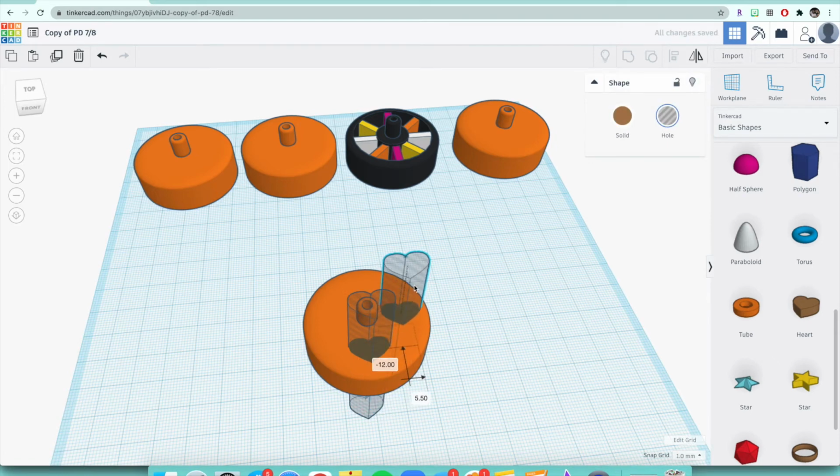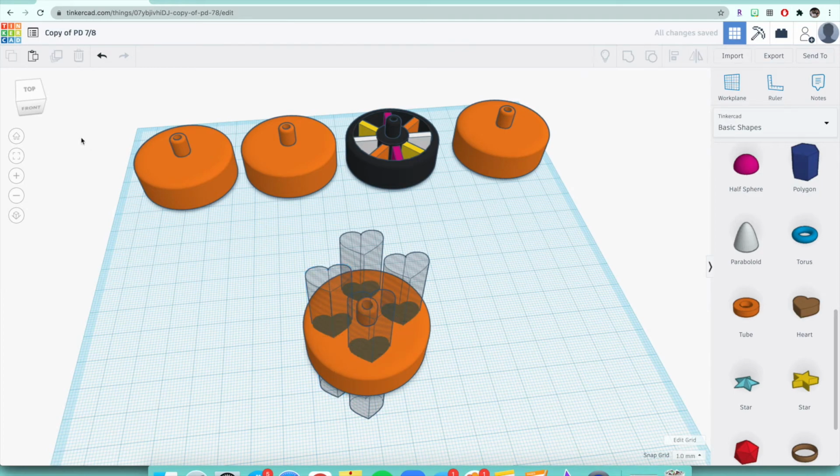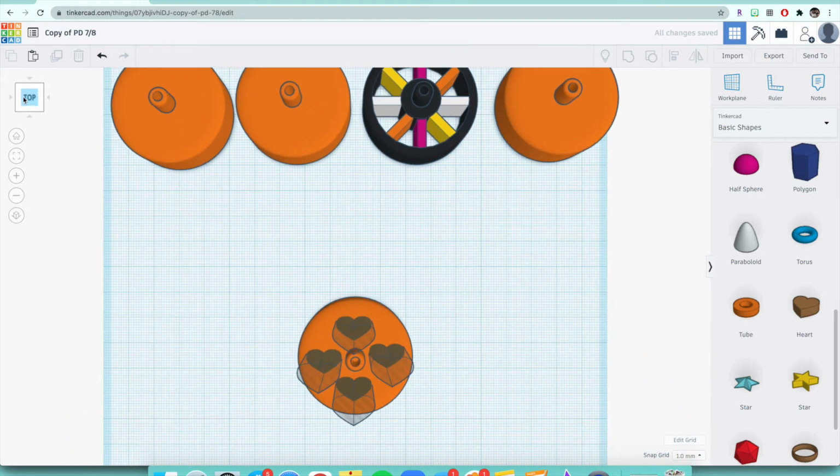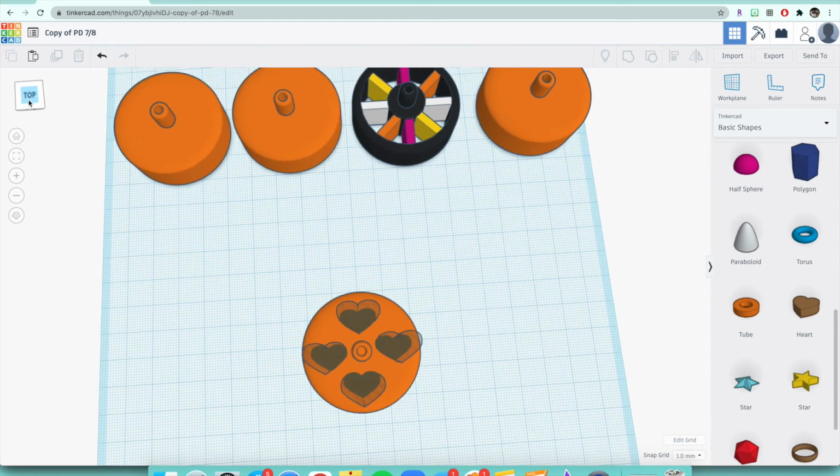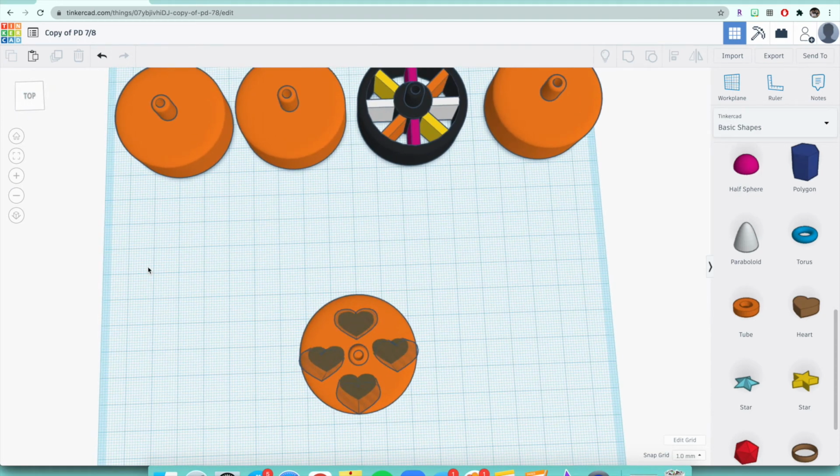and then I'll just move my hearts around my wheel like this. Alright, so I have my 4 hearts that look like this. And of course I could leave it like this. Or what you could also do is rotate these hearts,